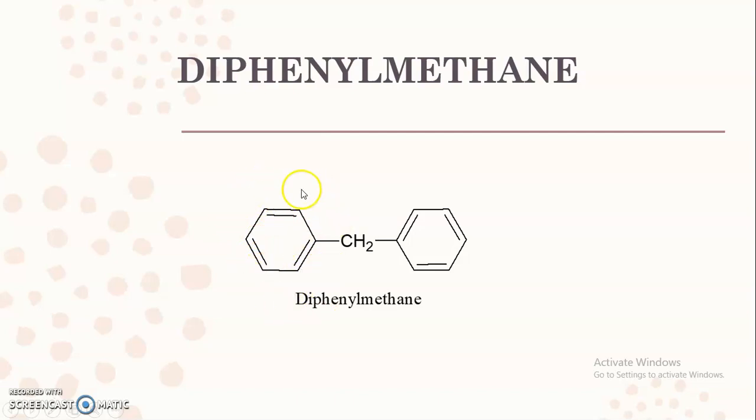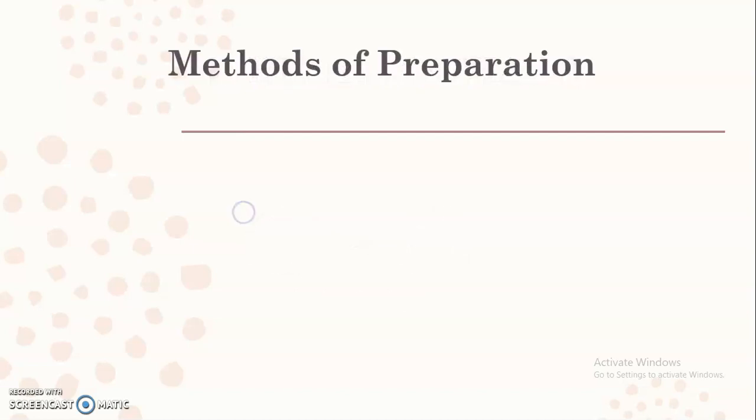Why is the second phenyl group numbered like this? Because if a substitution is present, it will give us an idea about on which phenyl ring the substitution is present. That's why it is necessary to carry out the numbering in different ways for both phenyl rings. So this is the simple structure of diphenyl methane, where the methylene or methane group is attached or sandwiched between the two phenyl rings. So let's start with today's methods that are used for the preparation of diphenyl methane.